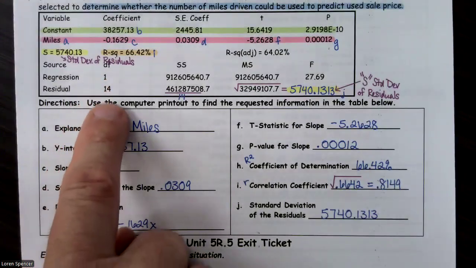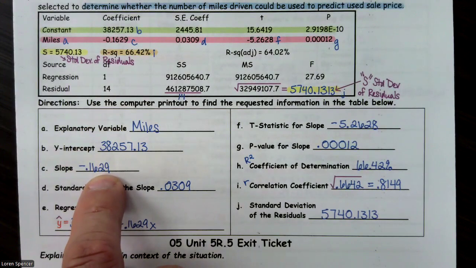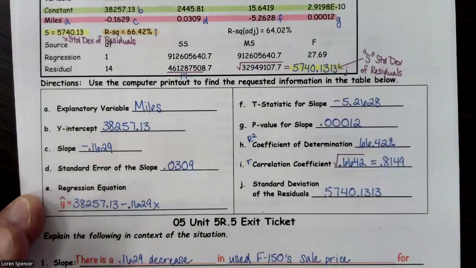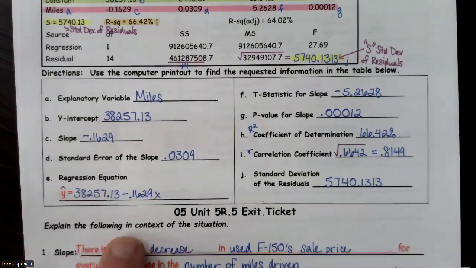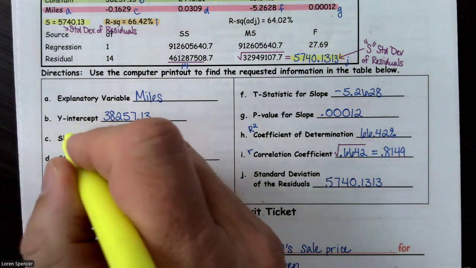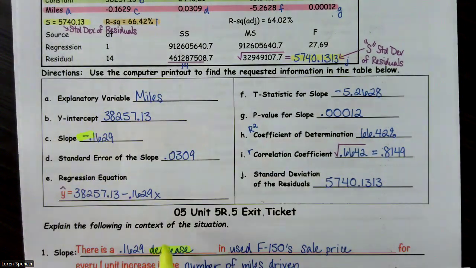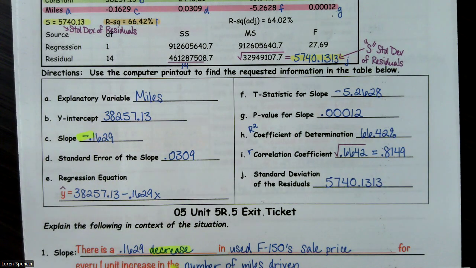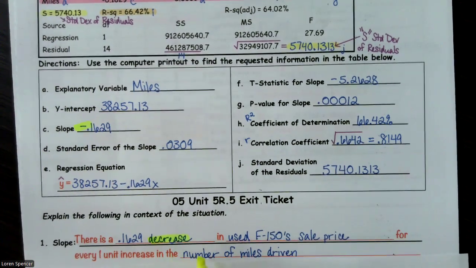Well, when we went through our computer printout, we found that our slope was a negative 0.1629. And here it is in sentence stem. There's a 0.1629 decrease. And the reason it's a decrease is because this is negative. All right. Because this is negative, it's a decrease in sales price for every 1 unit increase in the number